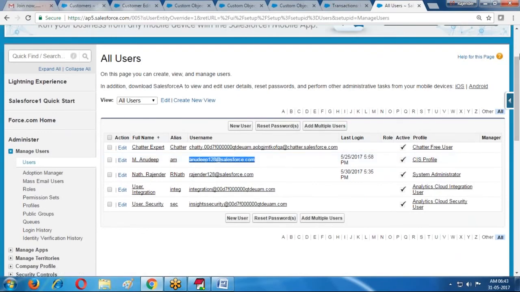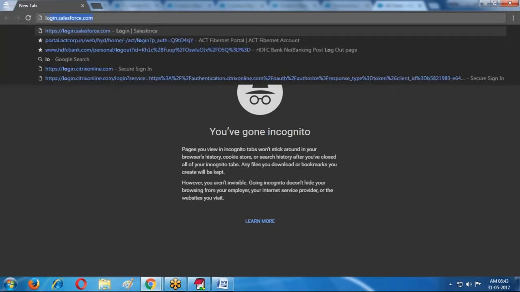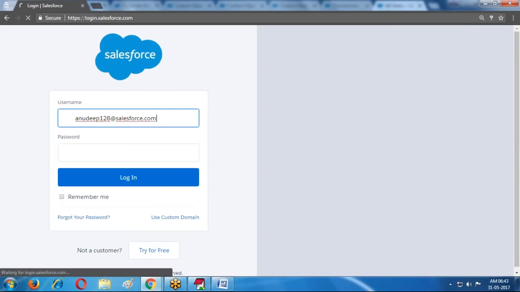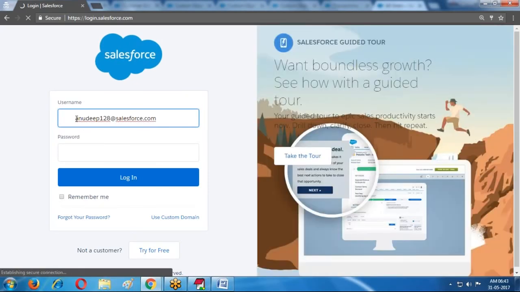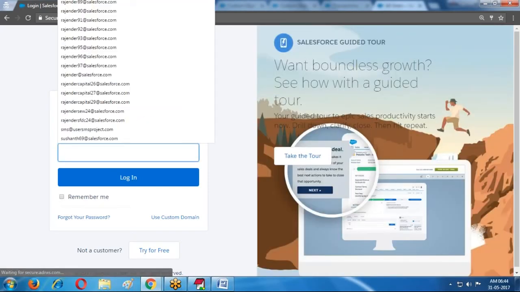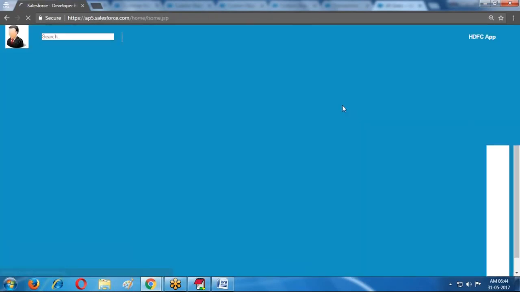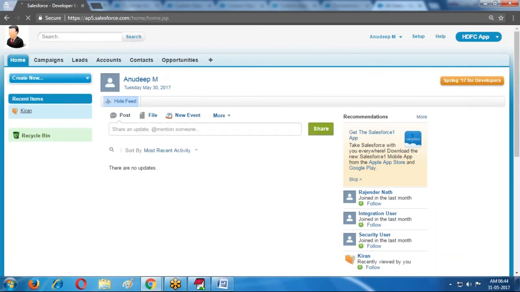If I log in as Anudeep, there is no object because I have not provided any accessibility to this user.